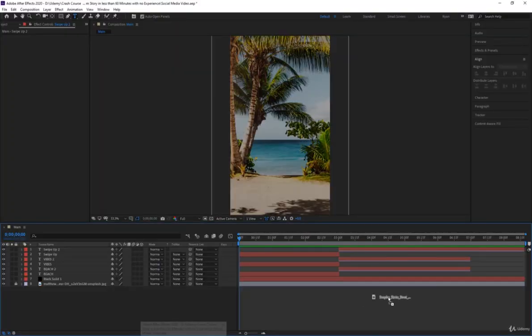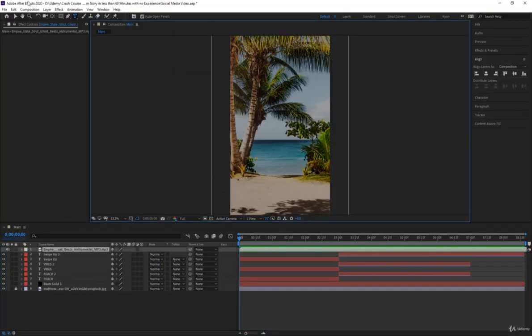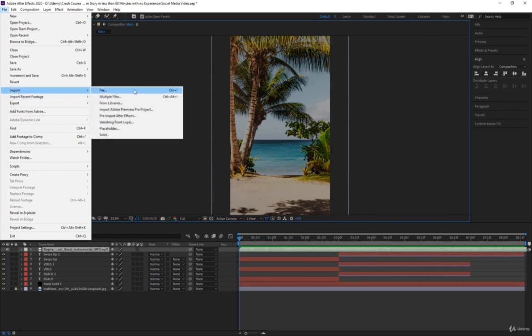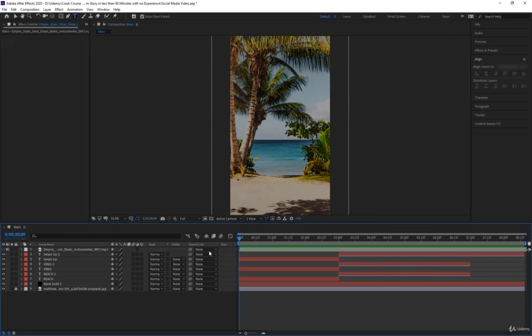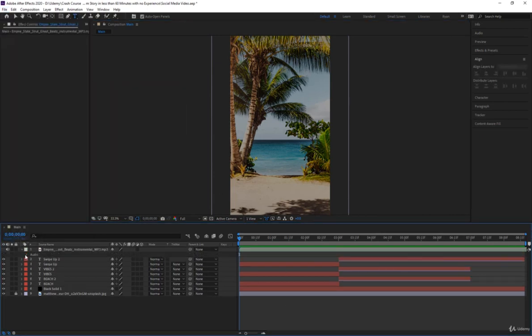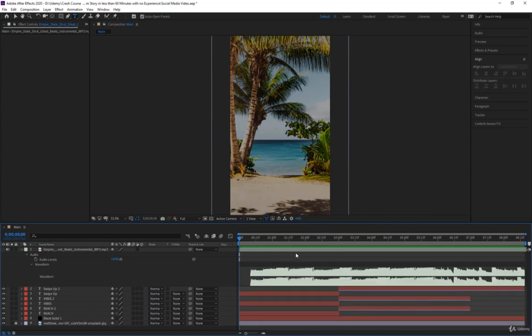And I'm just going to drag my download in, or you can always go file, import, file, and just bring anything in. Now, if I bring down the audio, you can see the waveform. So as I expected, this might not start right at the start. So what I can do is just drag this across. And then if we press go,